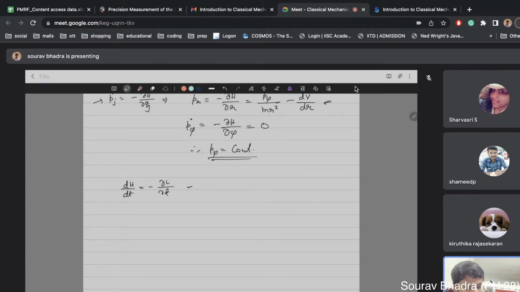Now if L does not explicitly depend on time, that means dH by dt equals 0, and H is a conserved quantity as a function of time. So now we will do an interesting problem. Okay, that is a simple harmonic oscillator